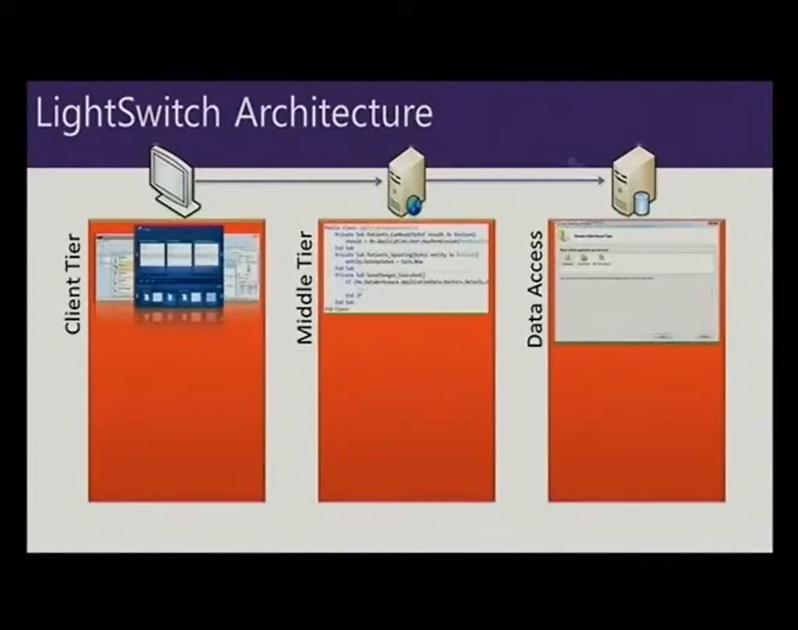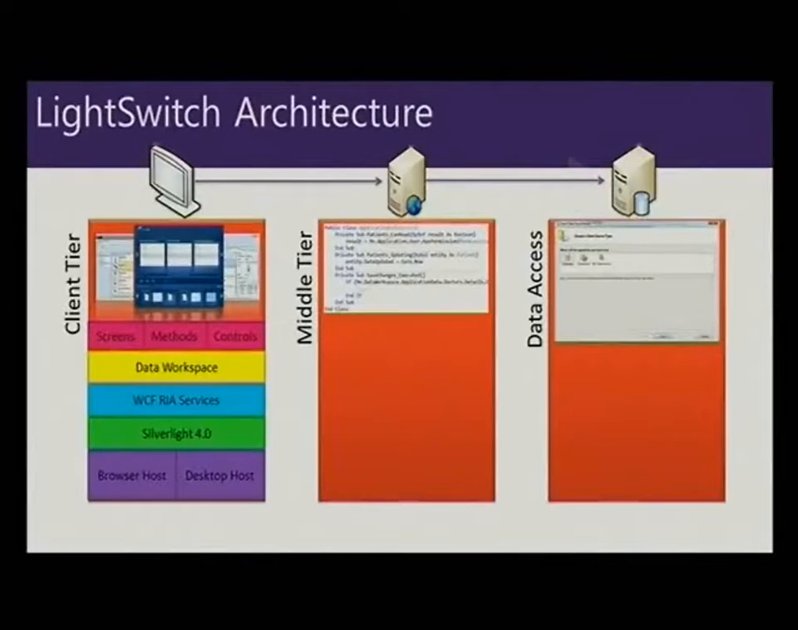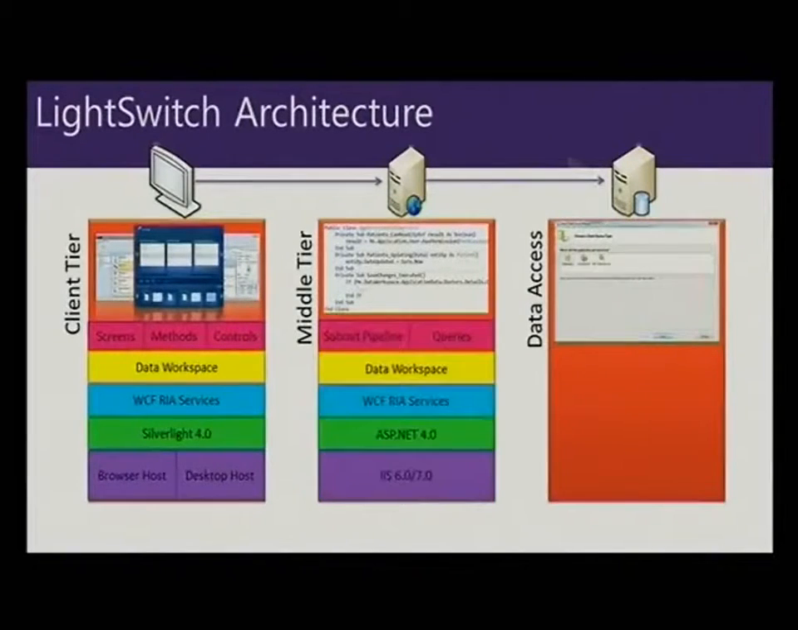The three-tier application basically consists of a client tier, which can either be a Silverlight in-browser application or a Silverlight out-of-browser application. And this is very cool because it has all of our screens and methods and controls. It's basically the view model being represented with a view. It's a full MVVM architecture with a comprehensive data workspace with all of the entities that are being manipulated, held in memory and data, and then passed with WCF RIA Services through to the middle tier,